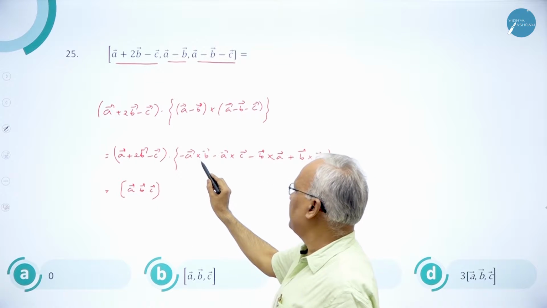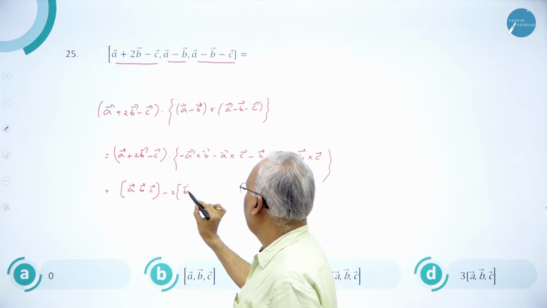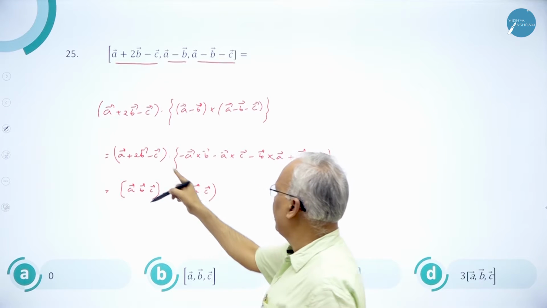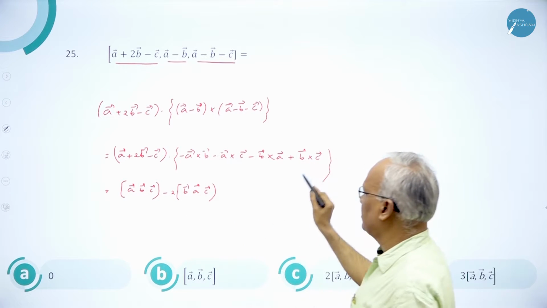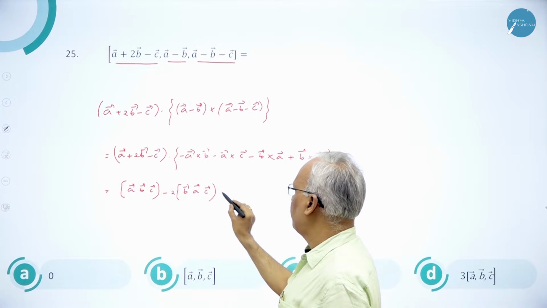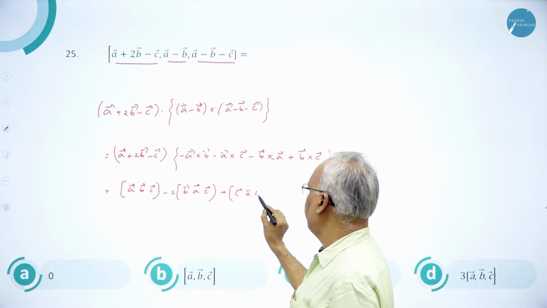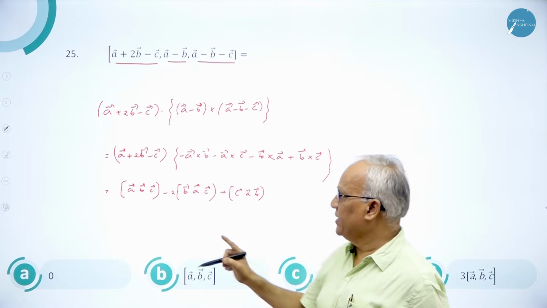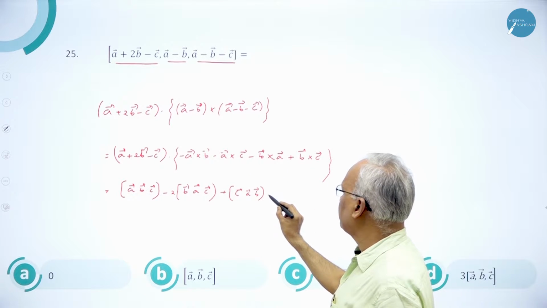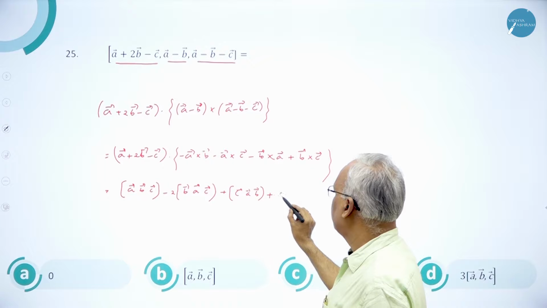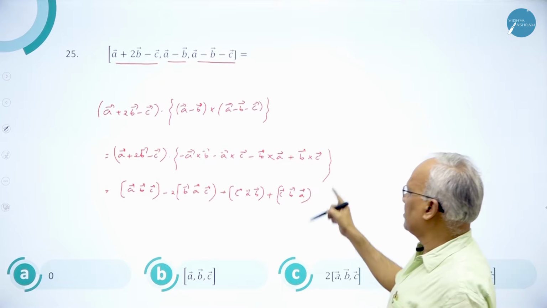Next, B dot A cross B is 0. B dot A cross C, minus 2 into BAC. You write in that order, that is very important, BAC. Next, B dot B cross A is 0. B dot B cross C is also 0. Next, minus of minus plus C dot A cross B, I can write CAB. Make sure that you are writing in the same order, CAB. And the C dot A cross C is 0, CAB, here minus of minus plus CBA, and then C dot B cross C equal to 0.